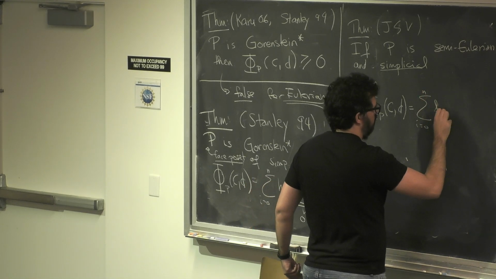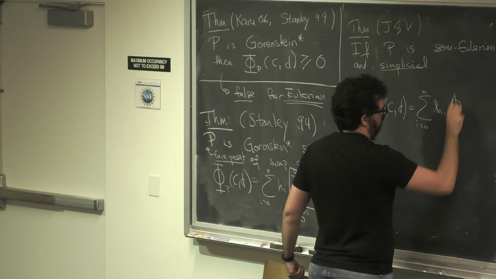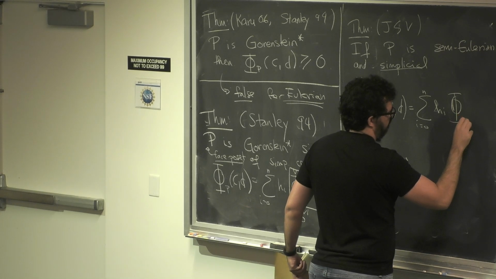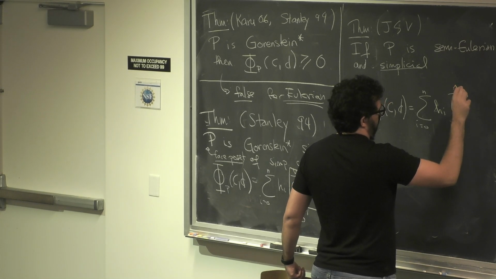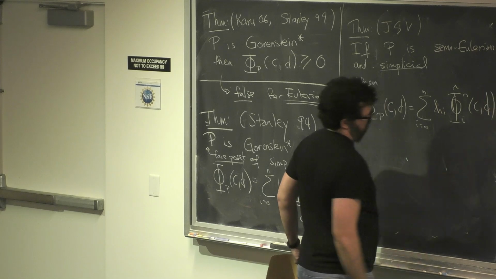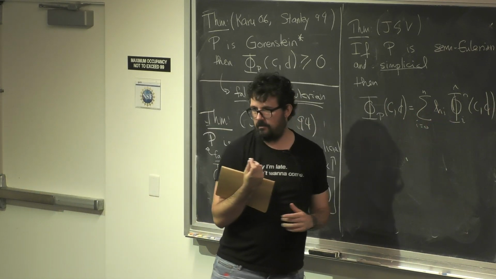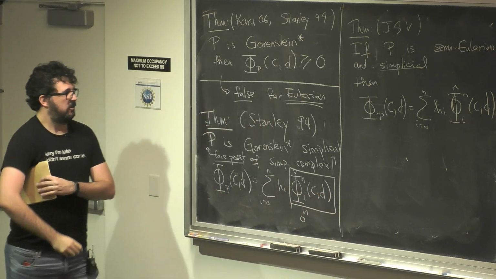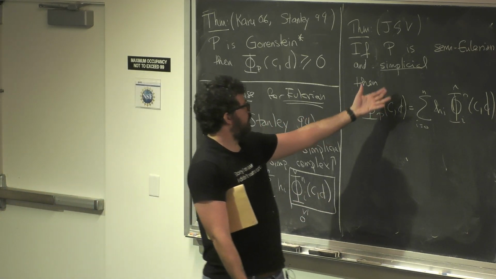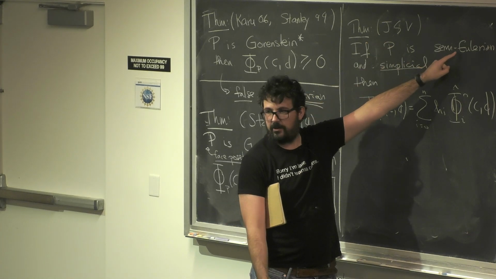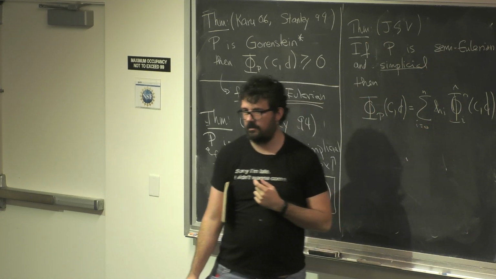Exactly the same equation. Okay, so you figure out how you build the simplex, you have an H vector, and you write it like that. So we would say maybe, bingo, we win, and we can say something for semi-Eulerian posets and positivity, but